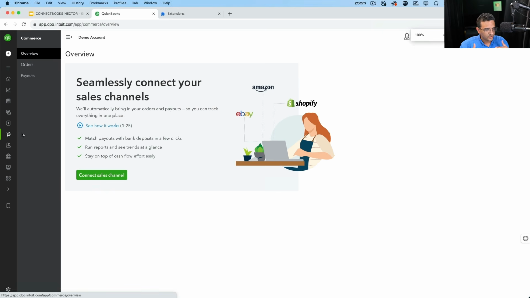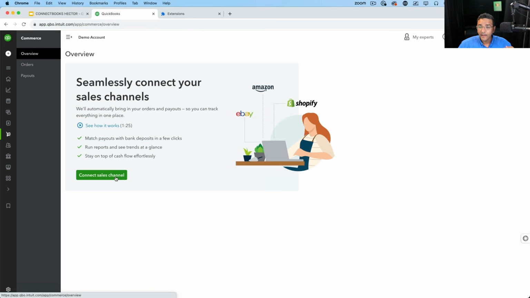This built-in solution comes after QuickBooks Online acquired two companies. One is called SaaS something. I forgot what the exact name is. SaaS Corp. SaaS and TradeGecko. Yeah, so they acquired TradeGecko and One SaaS. They were two separate companies that were third-party solutions to help people work with their e-commerce and QuickBooks. And Intuit has been struggling, and I'm going to say that up front, to truly integrate these apps into QuickBooks Online. I have seen some level of success where people connect their Amazon, Shopify, or eBay account